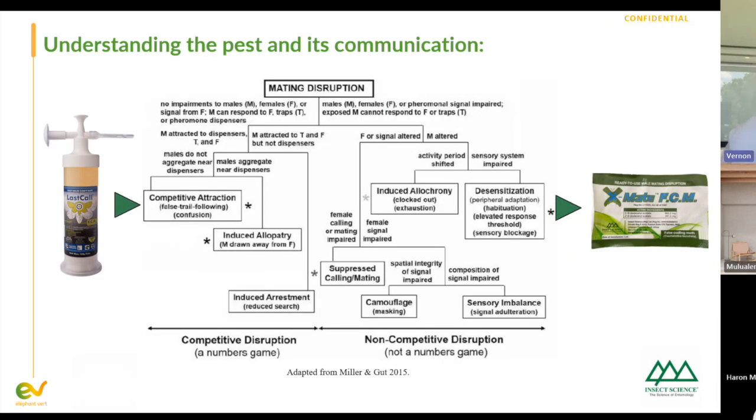So this is a diagram from Miller and Gut, and it shows all the different ways mating disruption can work. Each block is a different theory on how mating disruption manifests, and each asterisk and the darkness of it says how much evidence there is for that theory. So today, I'll only be talking about the 2 main ways it can manifest, which is competitive attraction and desensitization or non-competitive mating disruption. So if we start with competitive attraction,